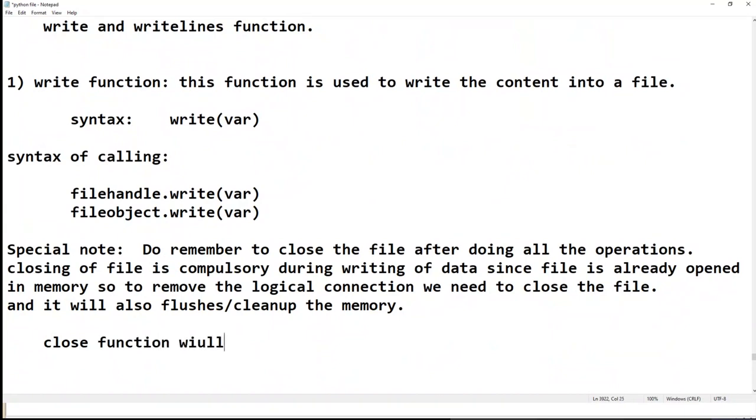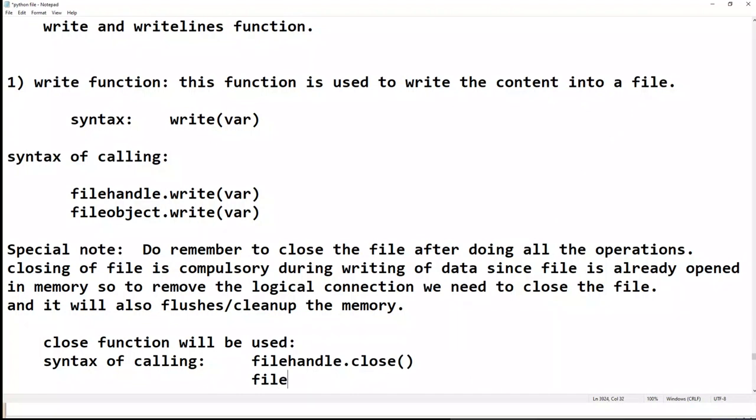Very simple. And the syntax of calling: file handle name dot close. That's it. File handle dot close or file object dot close.